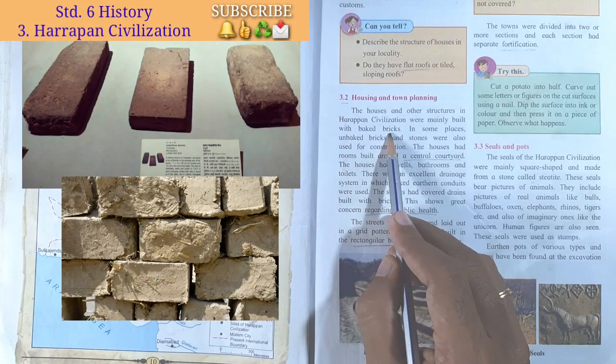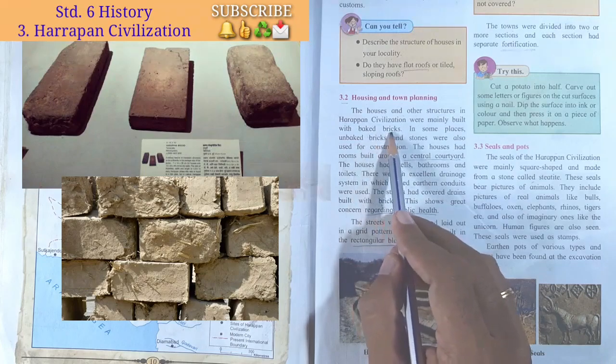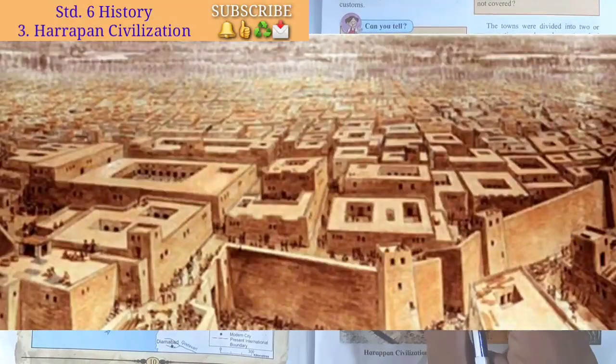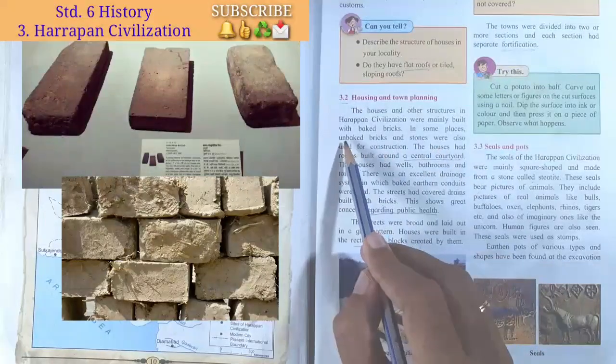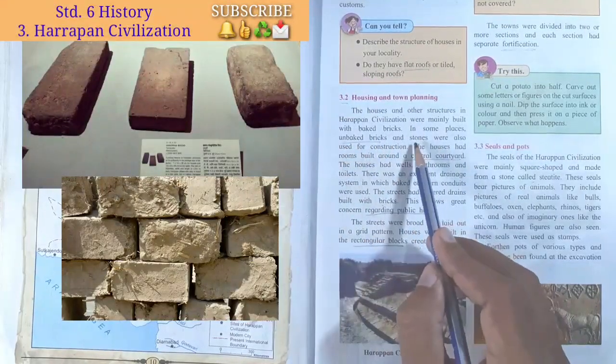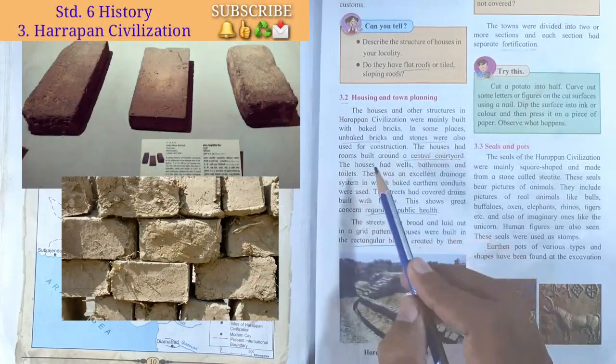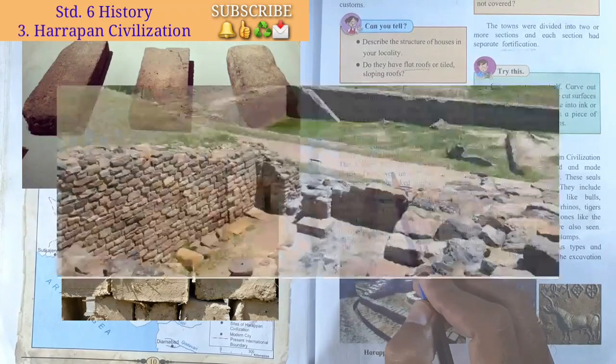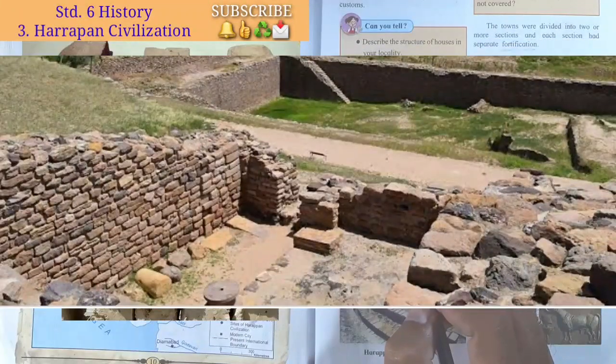Okay, in the same way, in olden days or in the ancient period, baked bricks were used to build houses and other constructions, or we can say buildings. Okay students, but in some places unbaked bricks were also used, as well as stones for constructions. Okay students, first of all the people gave a rectangular shape to the stones and they used the stones to build houses, forts, buildings and other constructions.